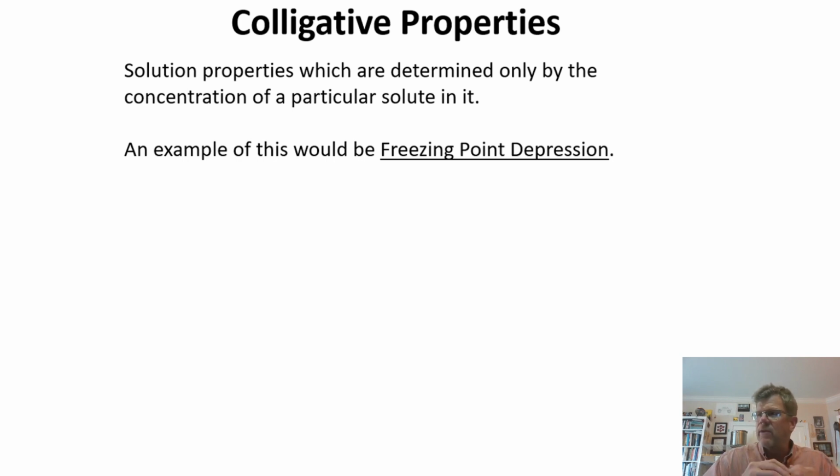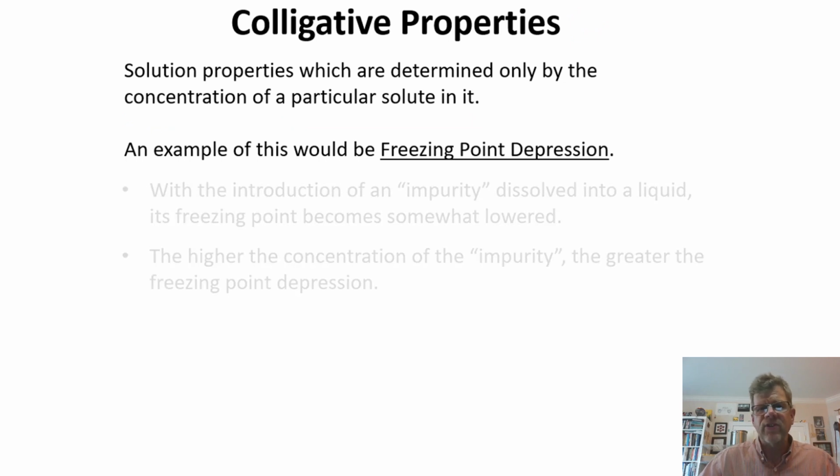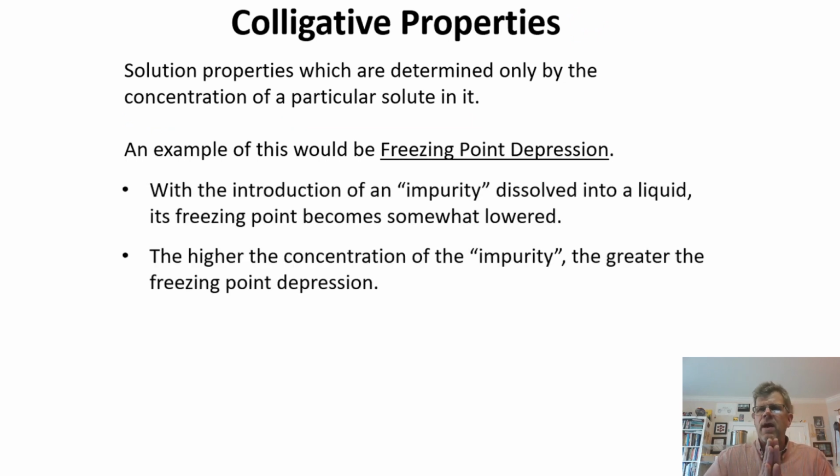And to introduce this particular example, we have to look at something known as colligative properties. Solution properties are called colligative properties if they're determined only by the concentration of a particular solute in it. An example of this would be freezing point depression. Freezing point depression is ultimately, if we have a pure solvent like water, for instance, water freezes at 0 degrees